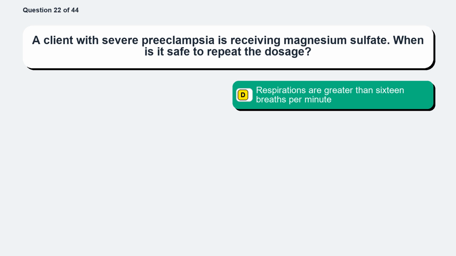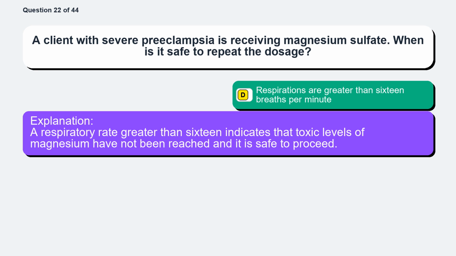The correct answer is option D. Respirations are greater than 16 breaths per minute. A respiratory rate greater than 16 indicates that toxic levels of magnesium have not been reached and it is safe